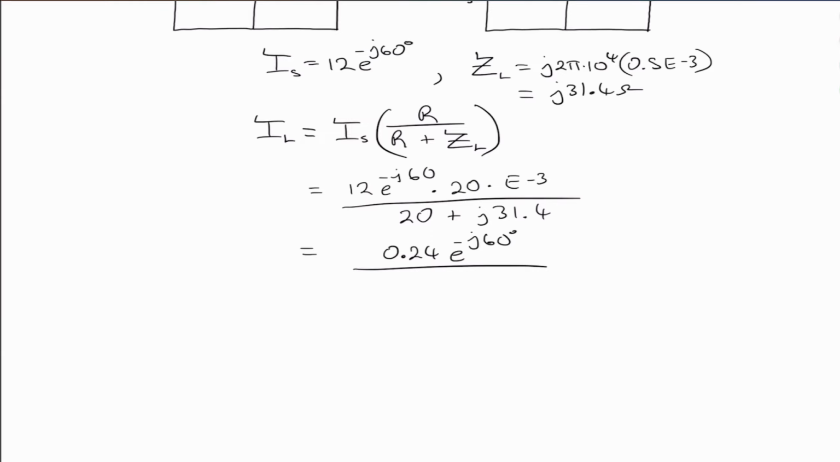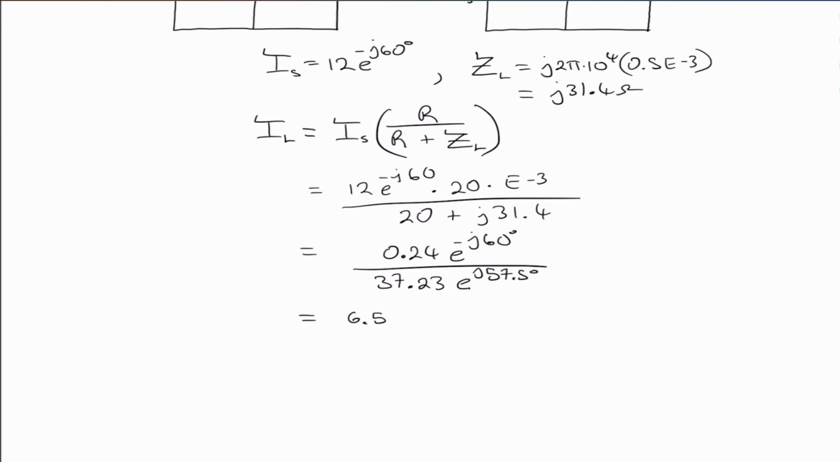We apply our complex algebra properties to simplify our denominator from rectangular form to polar form. So we take the positive square root of 20 squared plus 31.4 squared. We get a magnitude of 37.23, and then e to the j theta, where theta is the inverse tangent of 31.4 divided by 20, which gives an angle of 57.5 degrees. Then, because this is in polar form, it is easier to divide, so we can divide out and we get